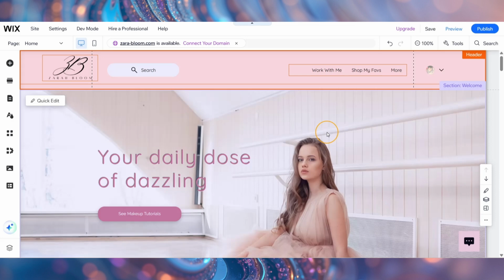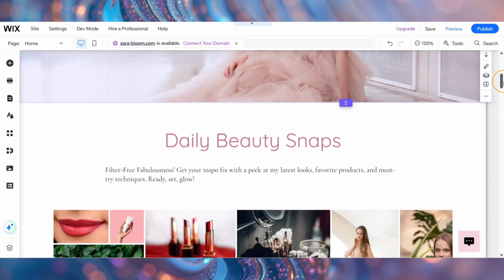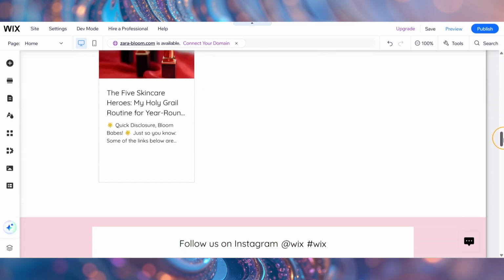If you created your website using a Wix template, chances are that there are sections and pages you don't really need. So, in today's video, we'll be removing them in order to prepare your site for launching. Let's get started. So, first, you have to go over your page and see if there are any sections that